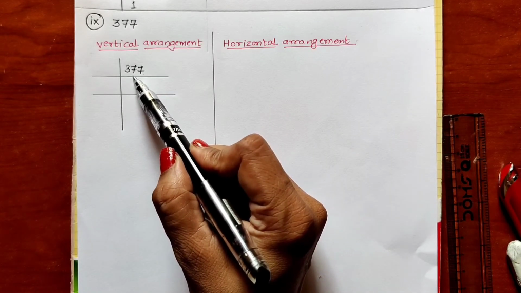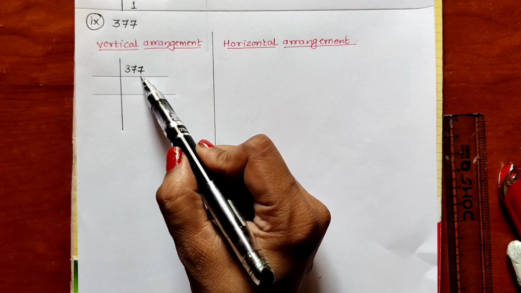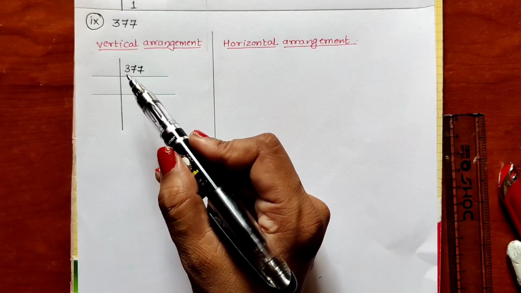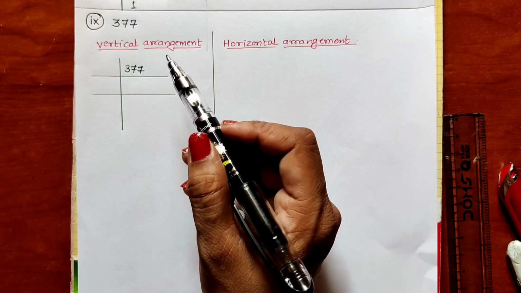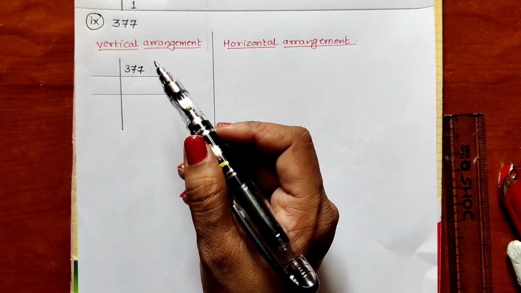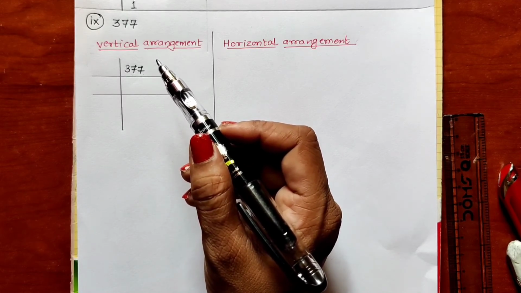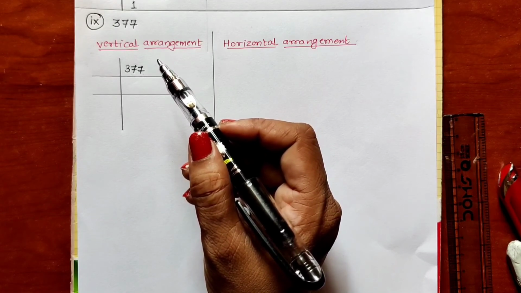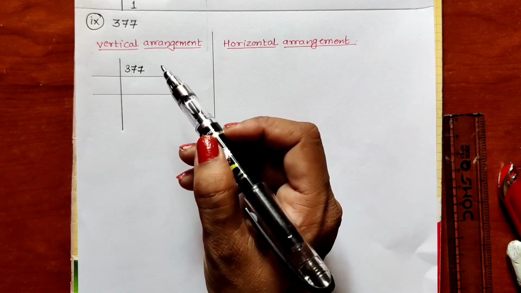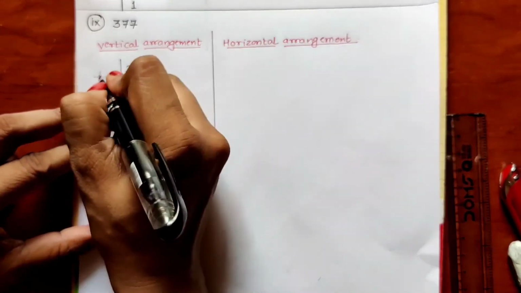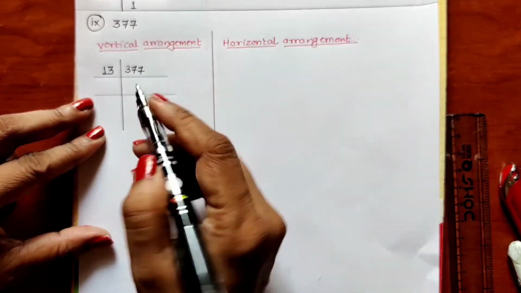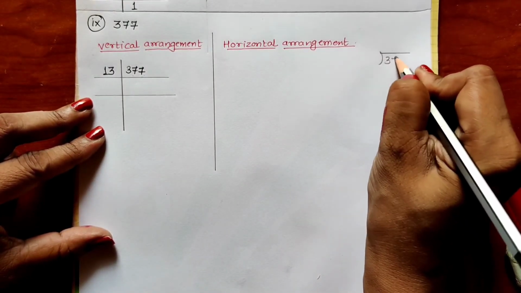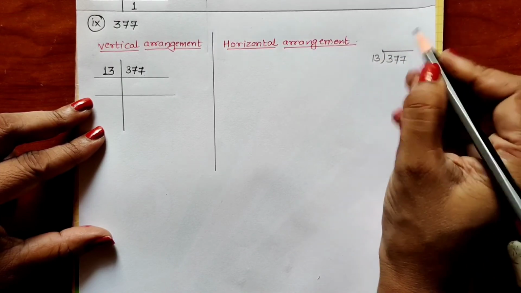7 fives are 35. 2 remaining. This 7 means 27. It is again not divisible by 7. So if we keep on checking the divisibility of all numbers, after 7 it is not divisible by 8. It will not be divisible by 9 either, because it is not divisible by 3. Then it is not divisible by 10, 11 also, 12 also. Directly it is divisible by 13. If you see the divisibility of 377 by 13, we can see that 377 is divisible by 13.